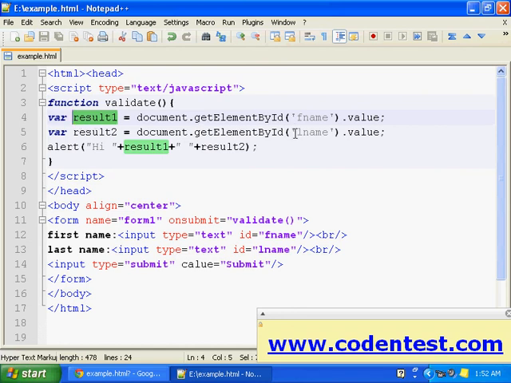The value entered by the user in the last name text box, we are assigning that to result2. And we are displaying the result in an alert box. So that's about this script, and that's how you access form elements in JavaScript.